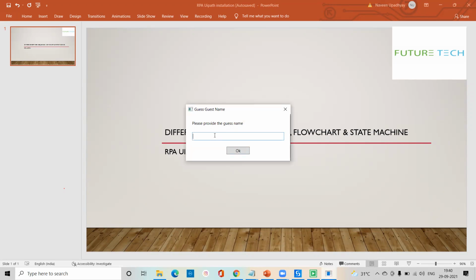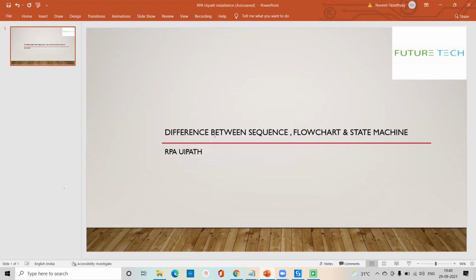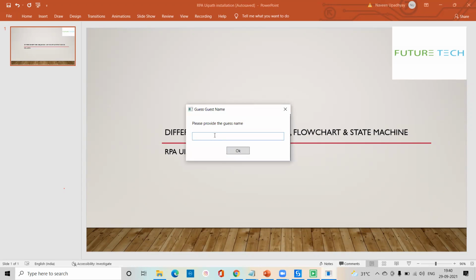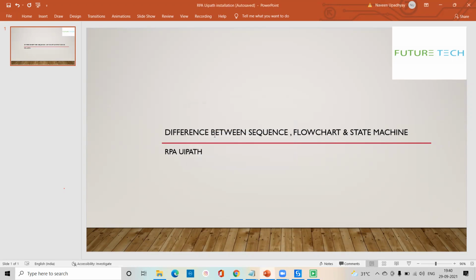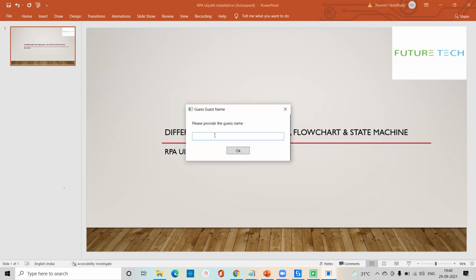For the guest name, I pass the wrong name, UiPath. If I pass the wrong name, again I'm getting the input dialog box. Please provide your name. I can pass BP. Again we're getting the same thing. It's not accepting. We are not getting the message box, congrats, your both names are same. I can pass Pega. Again we are not getting it.